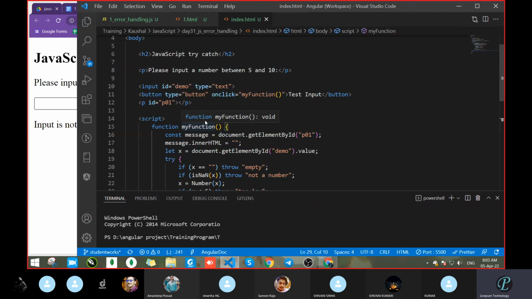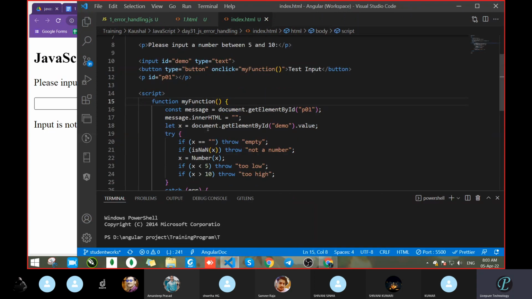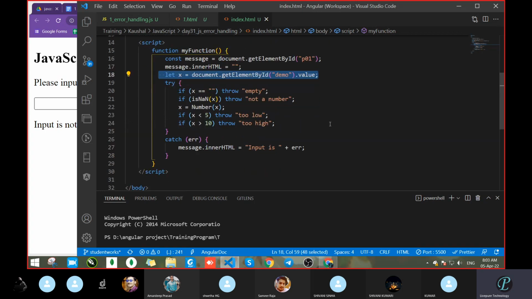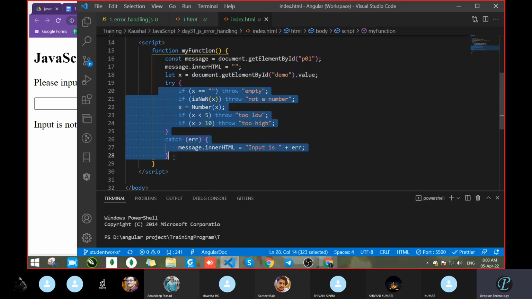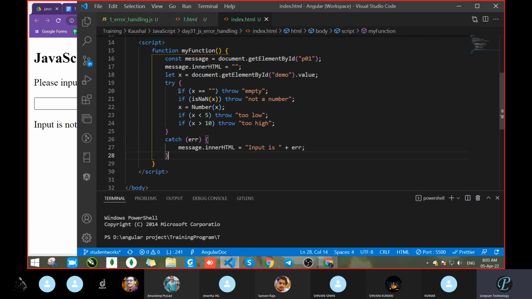So see in the logical part. Here they have written the function. In the function, document.getElementById, taken the value message.innerHTML equal to empty, for the empty purpose. When you want to make the input field empty, you can pass an empty string. Okay. Next, let x equal to something. They get the value. Now the main part came here inside that try. Okay, they started that.